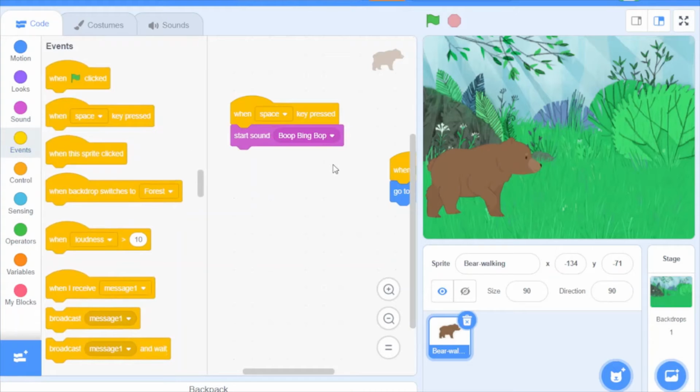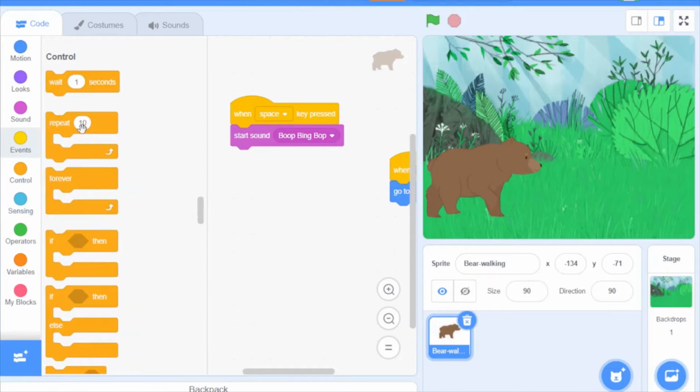And to actually make the sprite jump, we are going to need 2 repeat blocks, so it can change Y by 10, repeat that 10 times, and it can go down by Y 10 and just repeat that 10 times. So repeat 10,